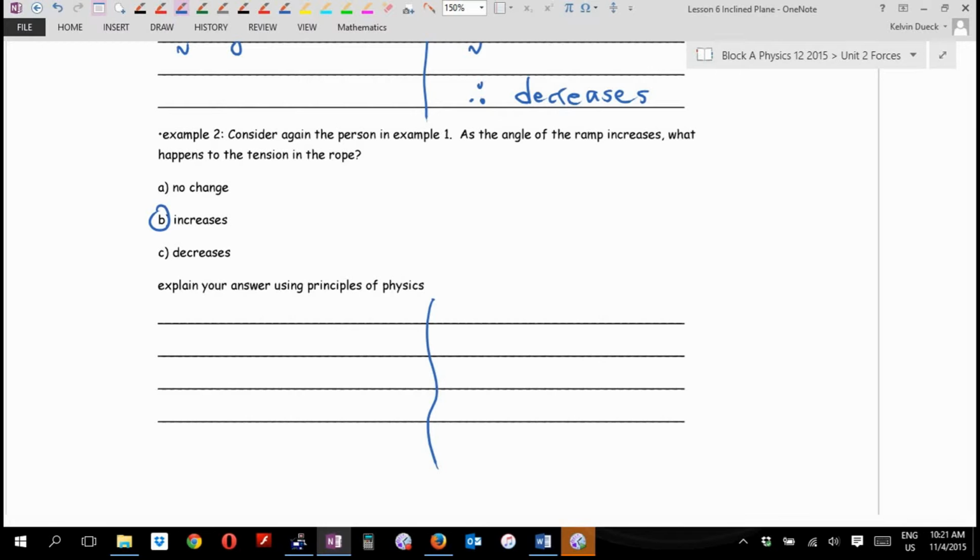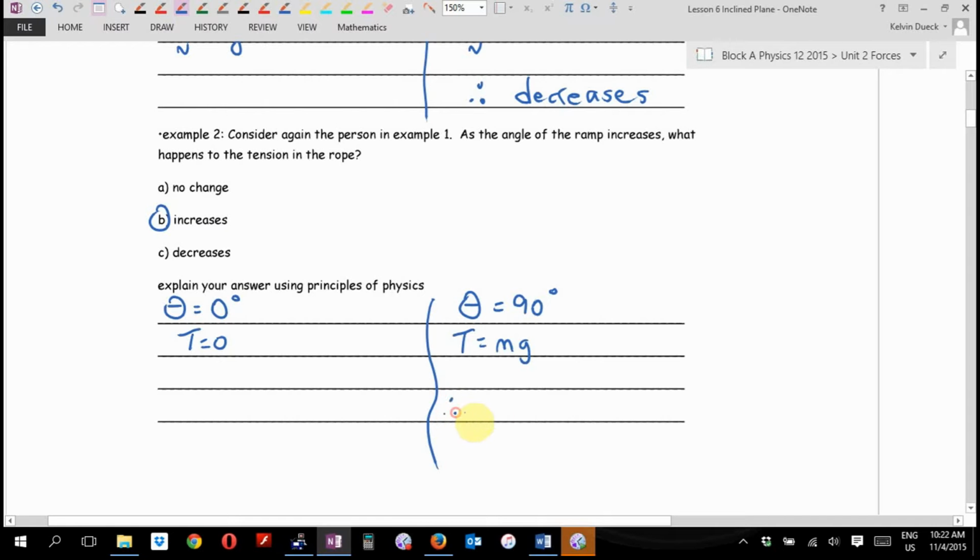You know what? Let's use our trick again of looking at the extremes, because almost always the extremes, 0 and 90, or for whatever situation I throw at you, think about the biggest and the smallest. Those are often ones we can easily come up with. So I'm going to say if theta is 0 degrees, if everything was flat, I think the rope would actually have some slack, which suggests that the tension is 0. If you're vertical and now you're hanging from the rope, what does the tension equal? mg. How would you go from 0 to mg? I guess that's